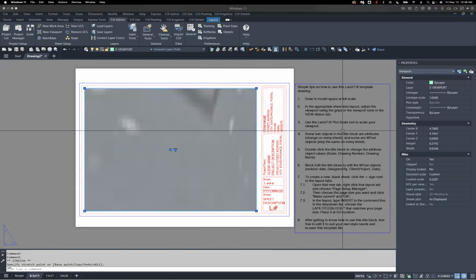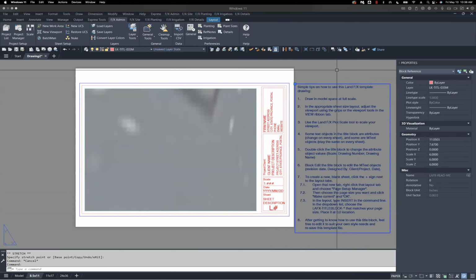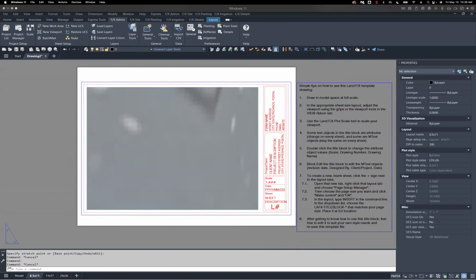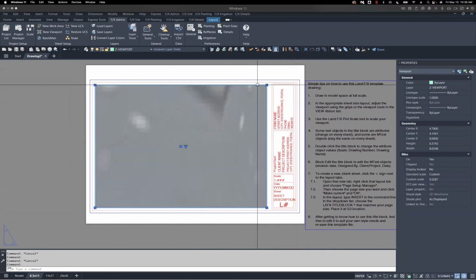Before we do that though, I just want to point out a couple of other things. First of all, if you have information off to the side in this gray area, like the cheat sheet is, you don't have to worry. That's not going to be printed. It's only going to print what's on your sheet. And we need to understand a little bit more about how this viewport works before we begin scaling things.